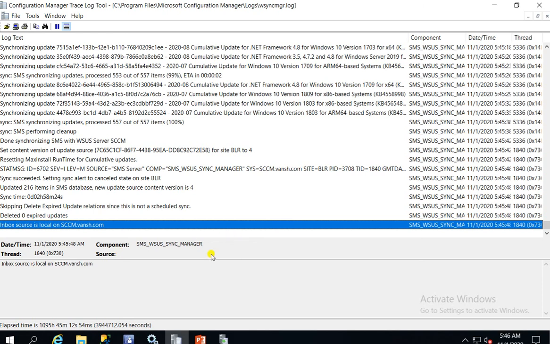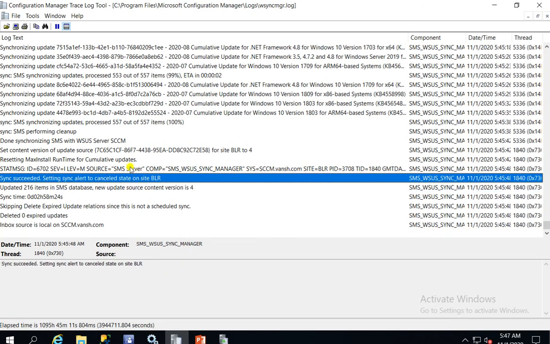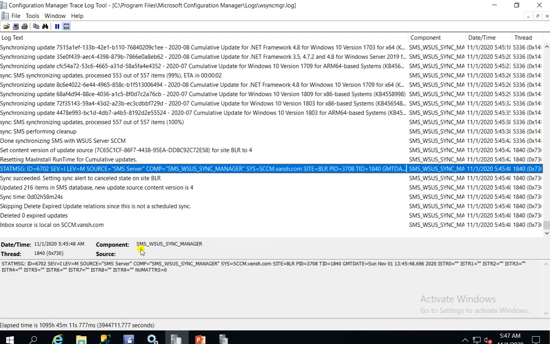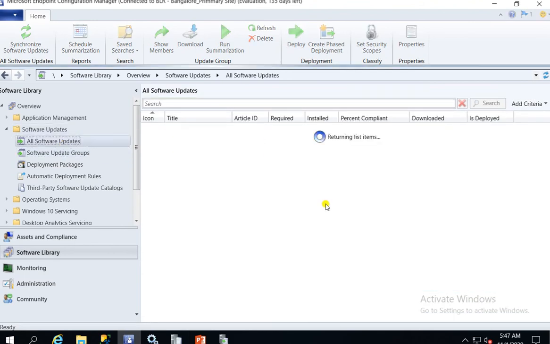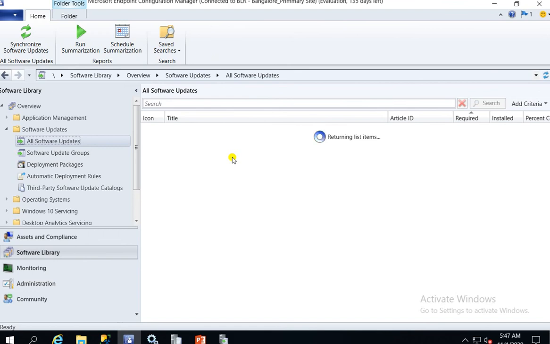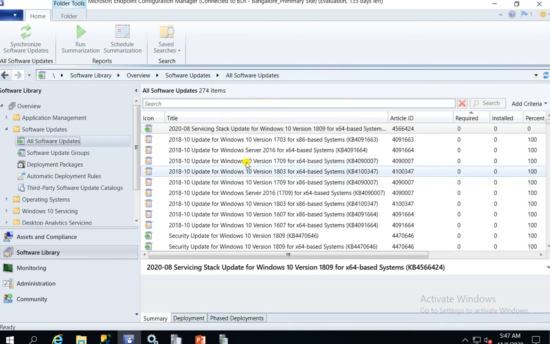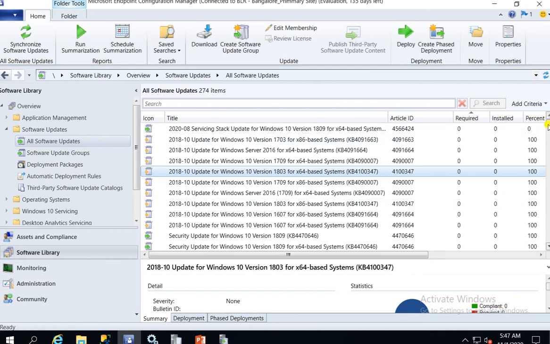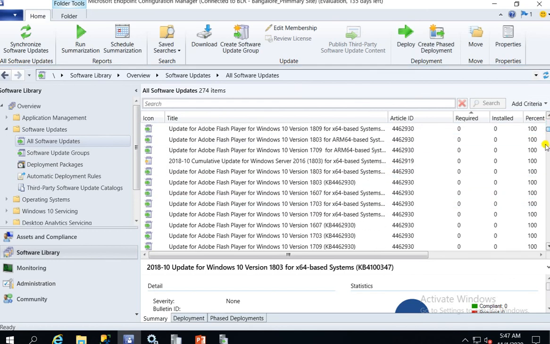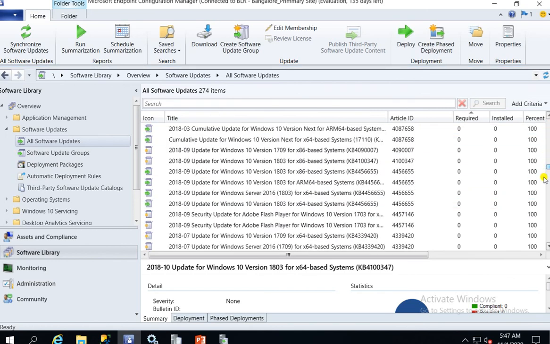If the patches are showing as superseded, what does that mean, and what about the green color and the others? If you want to see it in the console, you can go here and check which patches are reflecting in SCCM. Here you can see 257 patches are reflected, and the other patches have not been reflected.